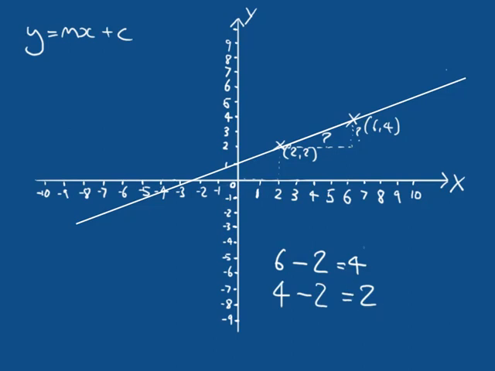So right, we know we've moved 4 units in x, and over those 4 units, we've moved 2 units in y. But we want to know how many units we move in y if we move a single unit in x. So how are we going to work this out? Well, what if we were to divide both values by